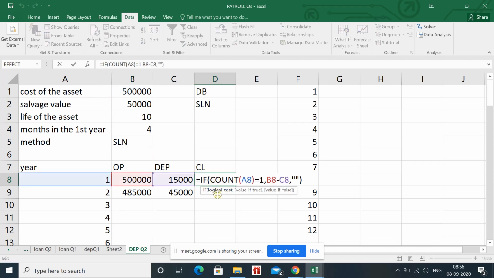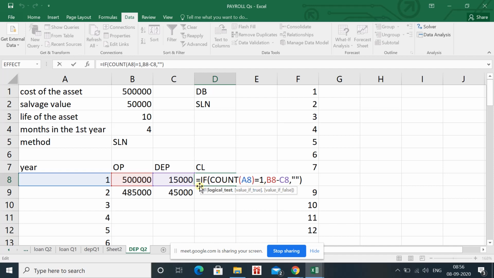In closing balance we have applied the count function, and here we are saying if we have a number in A8, then apply the formula. What is the formula? Opening minus depreciation. If we don't have a number in A8, then just give blank. For blank we have used the inverted commas, and we have already used the count function for the loan and lease, so we know how to apply it.